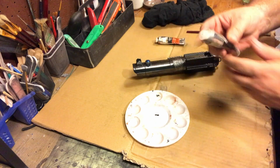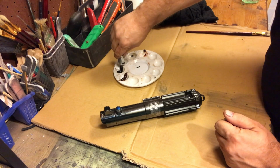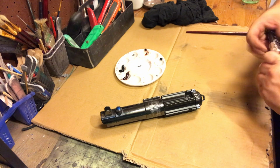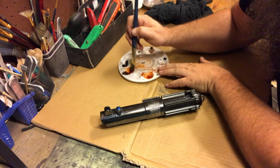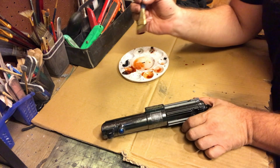So the final thing is weathering. So for this, I'm going to use the oils. I have a burnt sienna. Because this is mostly black, I'm going to use the dark brown. And, you've seen me do my sort of really excessive washes where I just bury the whole thing in acrylic paint. But with this, because we have this sort of chrome gloss finish, I'm just going to do selected areas,